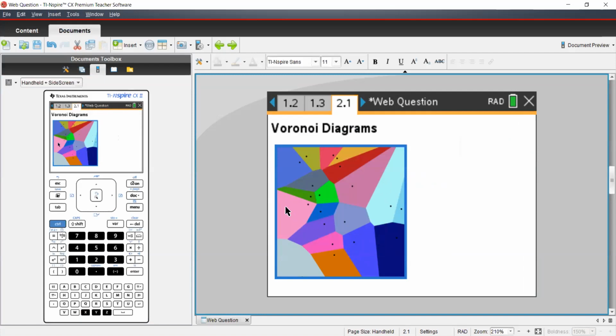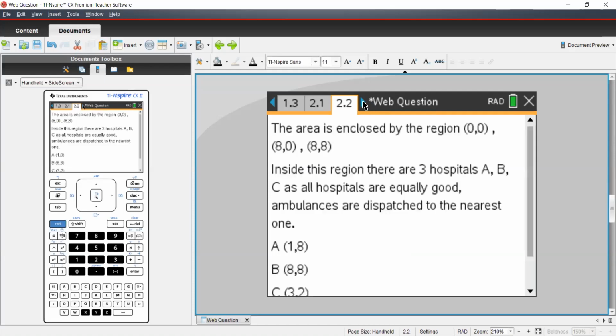Suppose you are standing somewhere in this pink line, then this black dot is closest to you, nearest to you. And basically it is a way of representing the data and show you the closest thing. So I will explain this to you with the help of an example. Let's take a question. I have written a question over here.